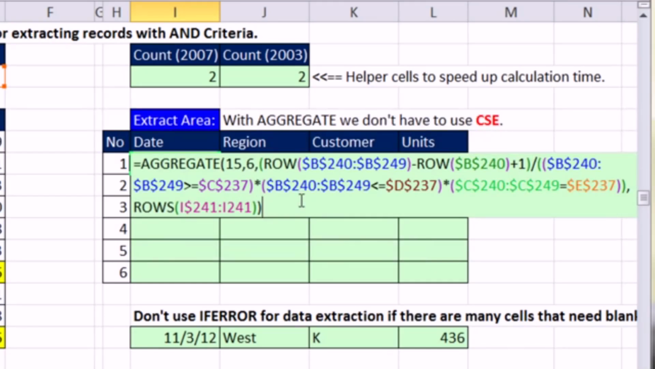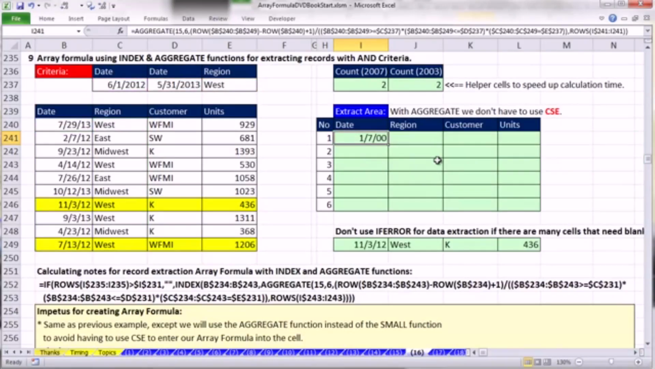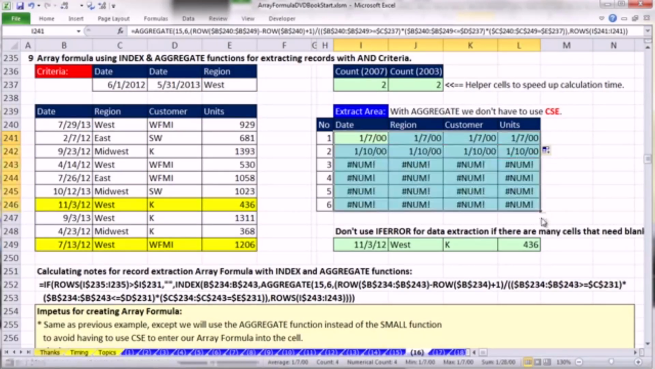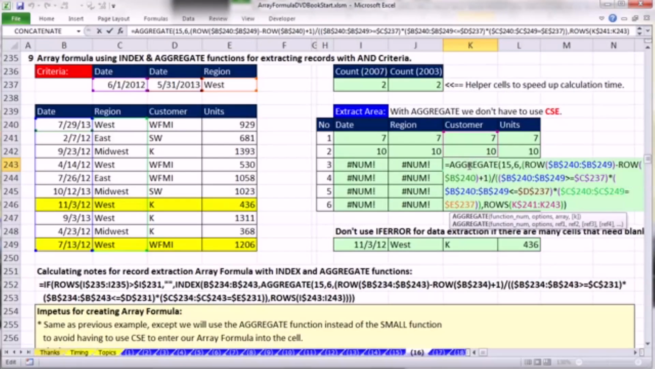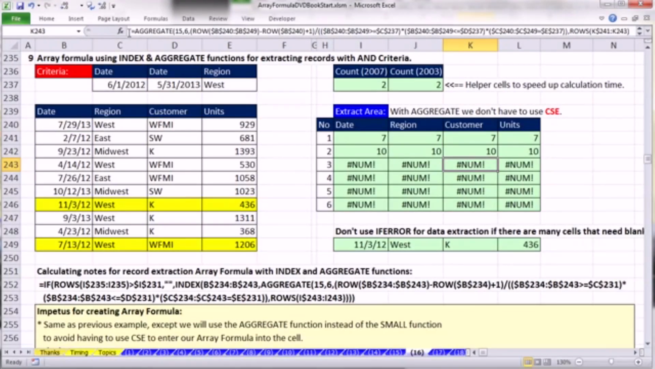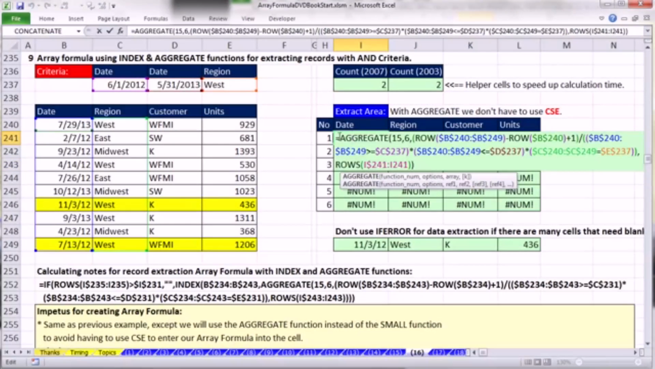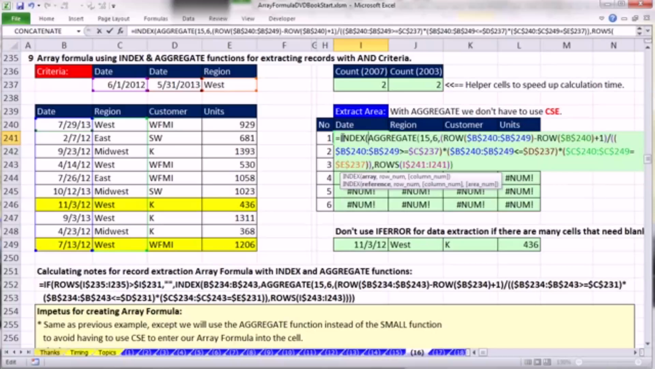Watch this. I'm not going to Control Shift Enter. I'm just going to Control Enter, copy it over and down. And then I'm going to use Control Shift tilde to apply general number format. You got to be kidding. Right here, that formula is working perfect. And when I look up in the formula bar, I see no curly brackets. That is so cool. Now I can simply wrap the INDEX